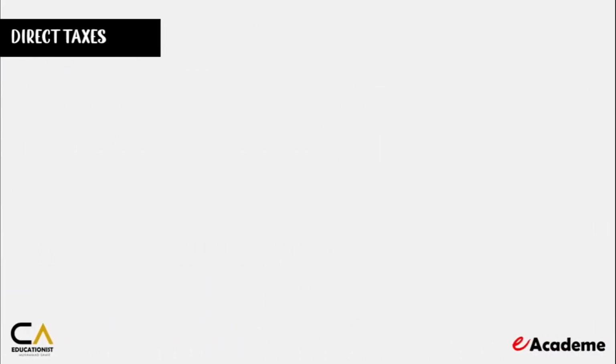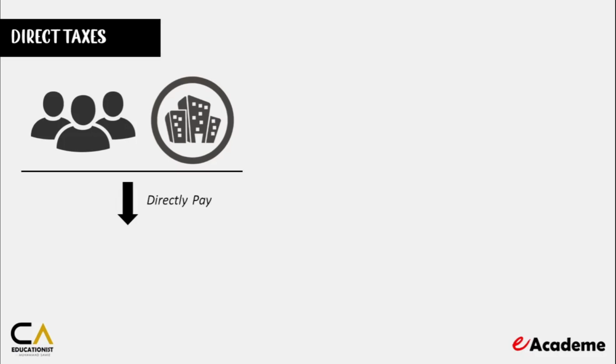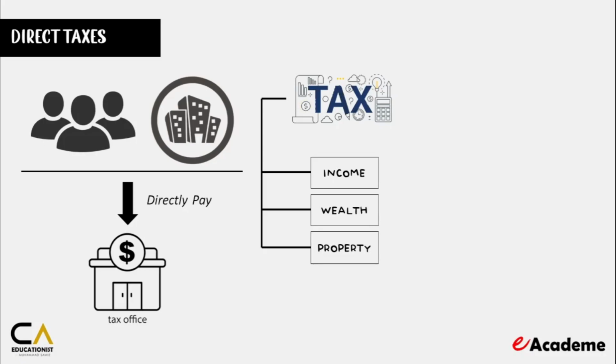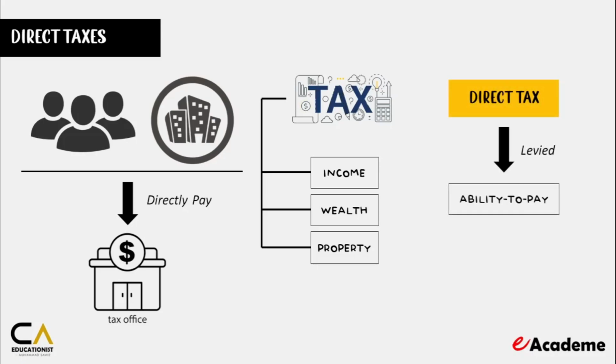The taxes that are directly paid by the tax-paying individual or entity to the tax levying authority are called the direct taxes. Another way of understanding these taxes is that these are those taxes that are imposed on someone's income, wealth, or property instead of some transaction. Unlike indirect taxes that are passed on to every person irrespective of their paying ability, direct taxes are charged according to the ability to pay premise, which means the higher the ability to pay, the higher the amount of tax.